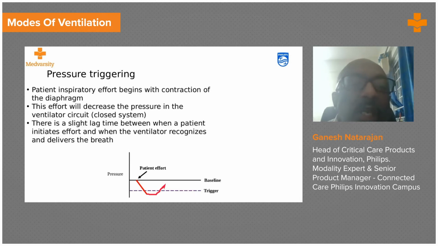Now let's try and understand what is a pressure trigger. The pressure trigger, the inspiratory effort begins with a contraction of the diaphragm. That is physiological. This contraction of the diaphragm will actually decrease the pressure in the ventilatory circuit, because you know that an invasive ventilatory circuit